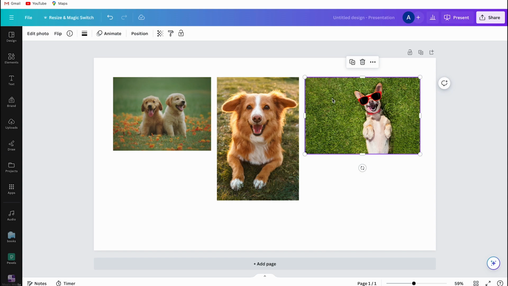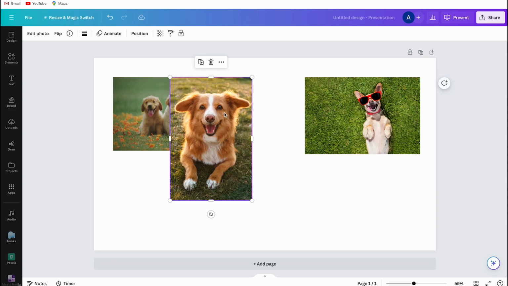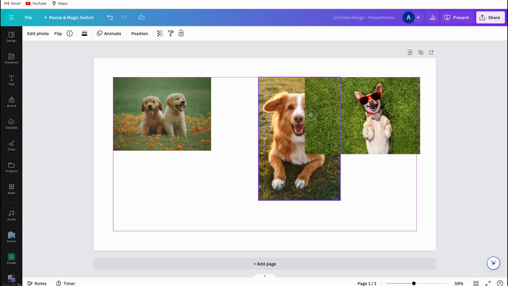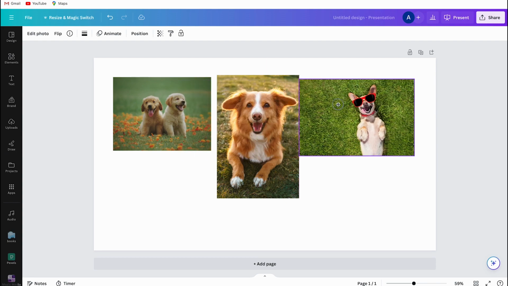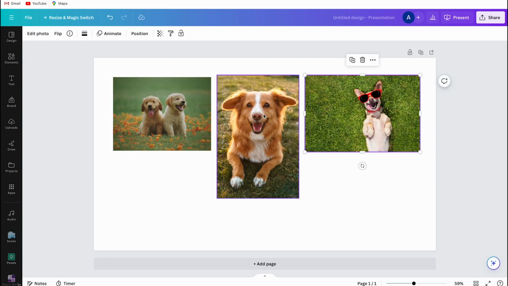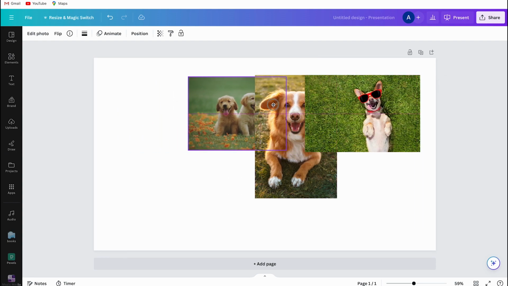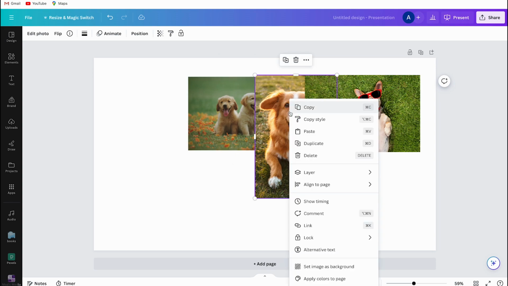And the second photo I'll put in will go in front of the first photo, but behind the third one. And since the third photo was the last one I added, it will overlap all the others. I hope you understand. You can easily change this order by clicking with your right mouse, then a menu will